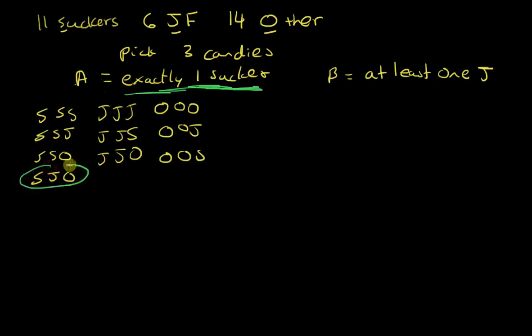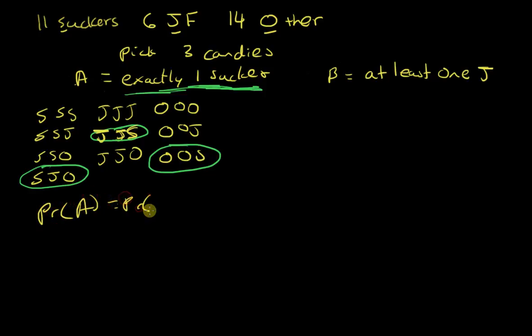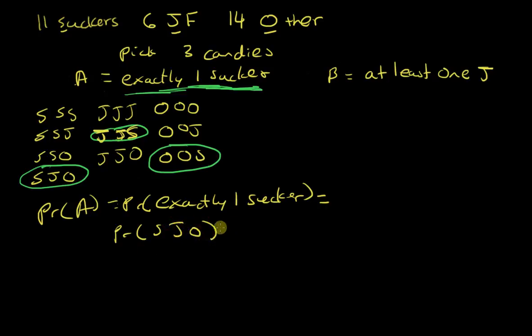How many times does exactly 1 sucker show up? Here, here, and here. So it shows up when we have sucker, juicy fruit, other; juicy fruit, sucker, other; and sucker, other. So the probability of A, which is the same as the probability of exactly one sucker, is really the probability of getting a sucker, juicy fruit, other,